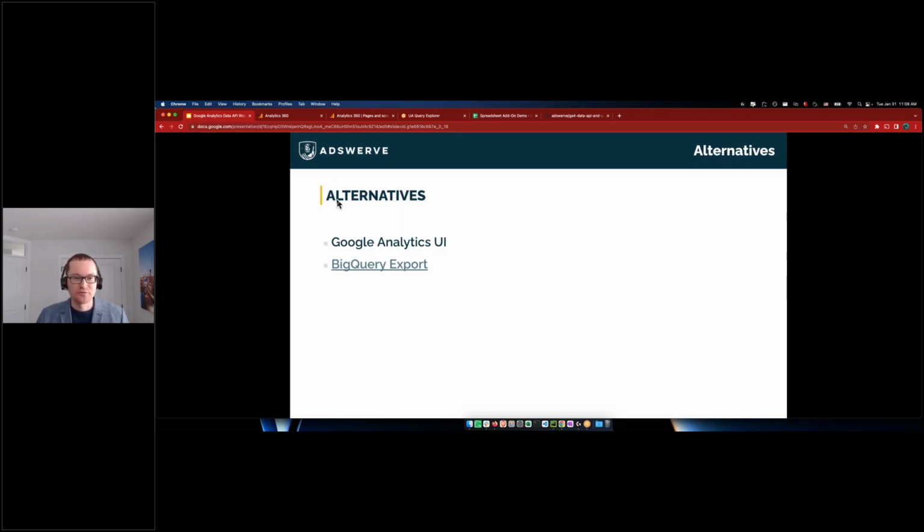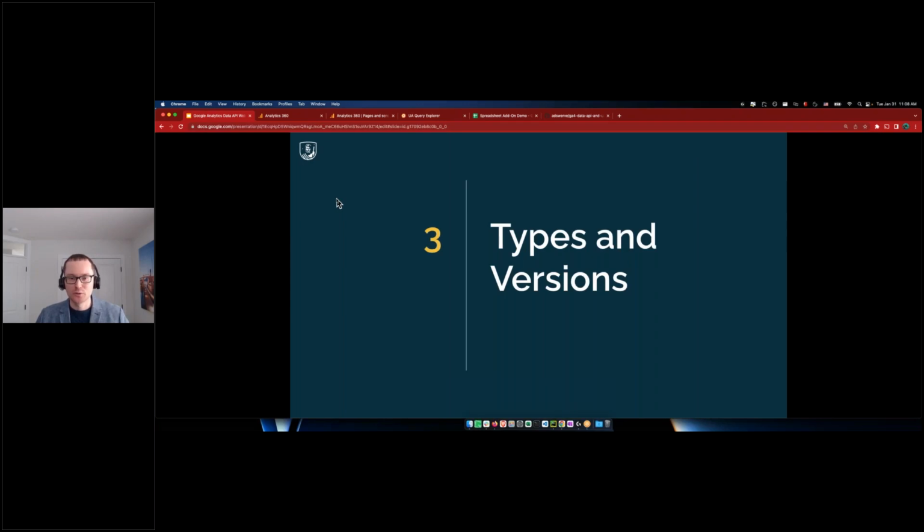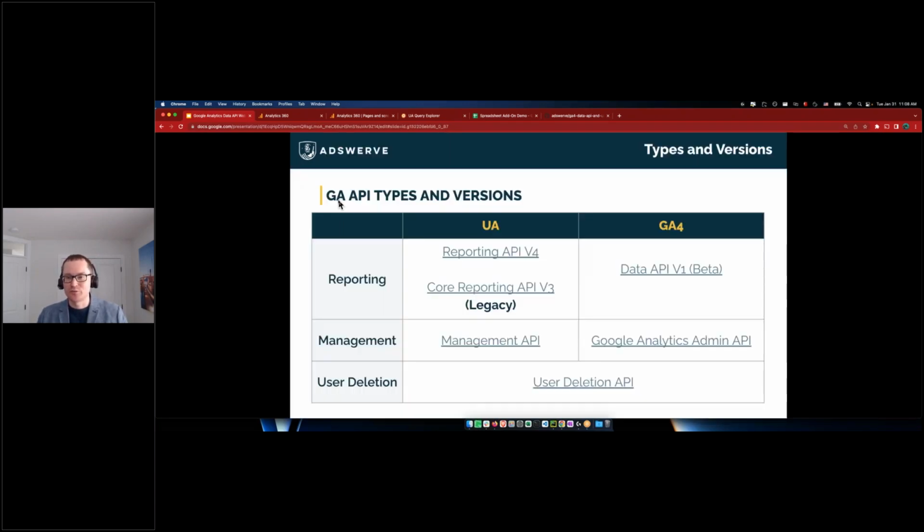Today, we'll talk about the GA4 Data API, but before we look at it, let's look at how the Data API for GA4 fits into a bigger picture. Let's look at other APIs related to GA. This is by no means an exhaustive list, but these are the 3 types of APIs we commonly work